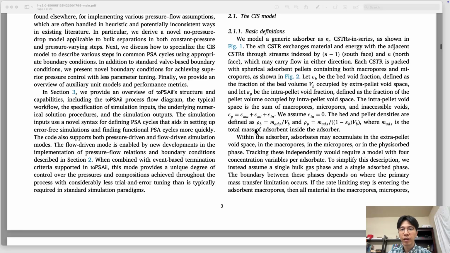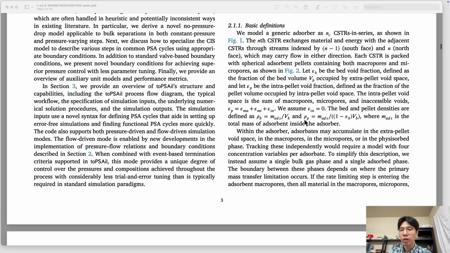And there are different types of density, right? You consider the total mass of adsorbents within a given finite volume, and then you divide by the volume of that finite volume, then you get a density with respect to the bed. And with respect to the pellet, you can also define the density, right? Because the total mass of the adsorbent would be the same, but instead you're accounting for this 1 minus epsilon b, which you can think of as the volume fraction of the bed, right? So it's the volume occupied by the pellet,